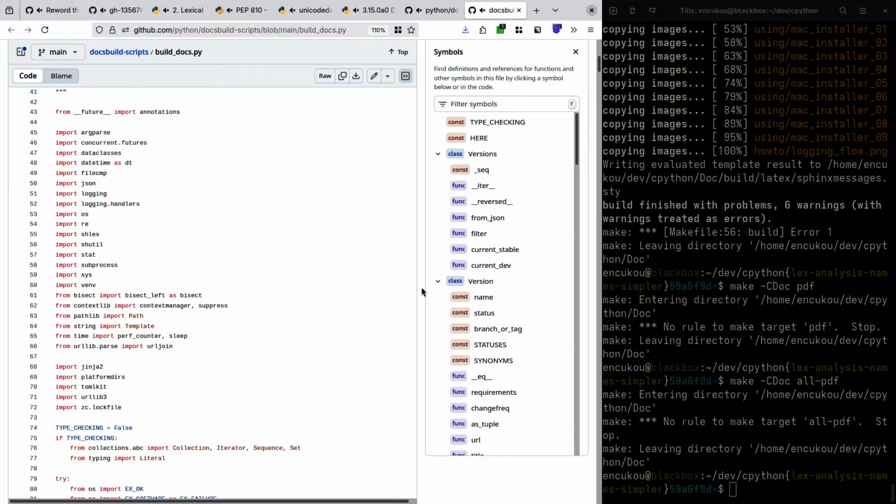I believe the machine can have it. So one thing, LaTeX with all the dependencies that it needs for the docs is pretty heavy itself. So I don't think it would be a problem to install Playwright and a browser on the build machine.